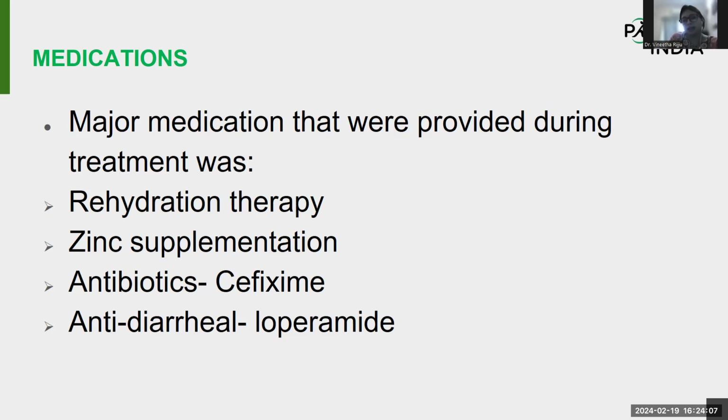And loperamide. Now, what is your take on loperamide? You think definitely loperamide, there's so much fluid that is being lost. So what is your suggestion about loperamide? Everybody agrees that yes, we must give a patient who is having severe diarrhea loperamide. Is Pagol also okay? That also adds to it, but it is also a laxative. Yeah, so that has to be used with caution. Now, Kirti was saying we should not prescribe loperamide, yes, Sporlac should be given and not loperamide.